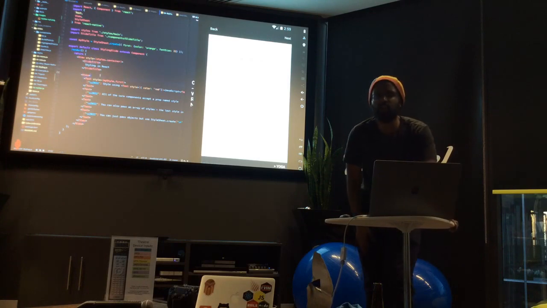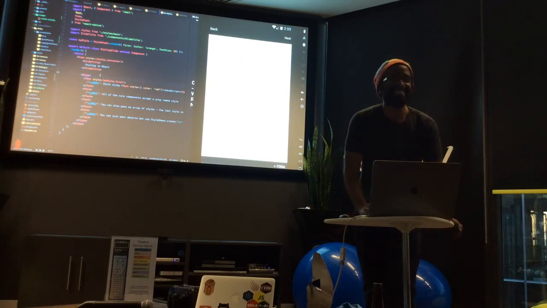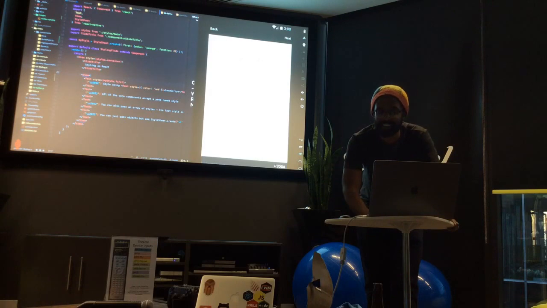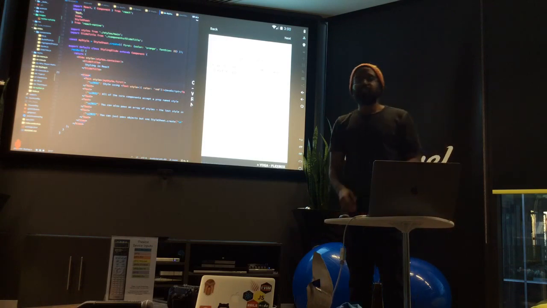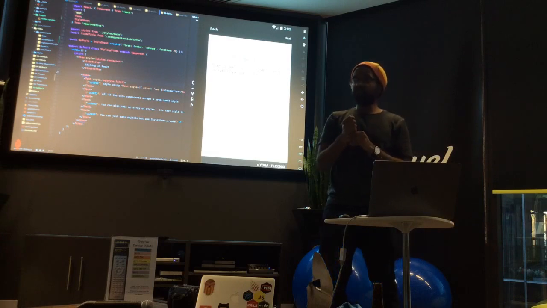Do you guys know what's yoga in the context of React? Good, at least you know it. So, yoga, sorry to disappoint you, it's not really about yoga. This thing is about the layout engine that React Native uses, which is called Yoga. And it's one of the biggest core parts of React Native. It's built by Facebook as